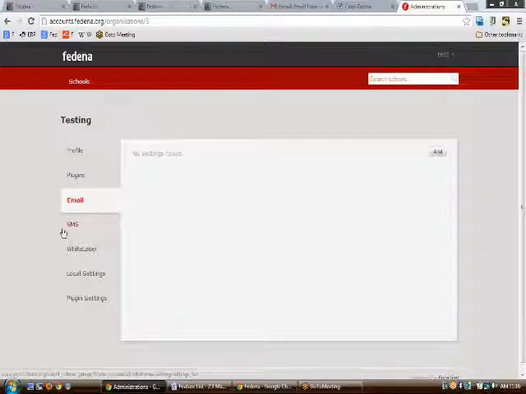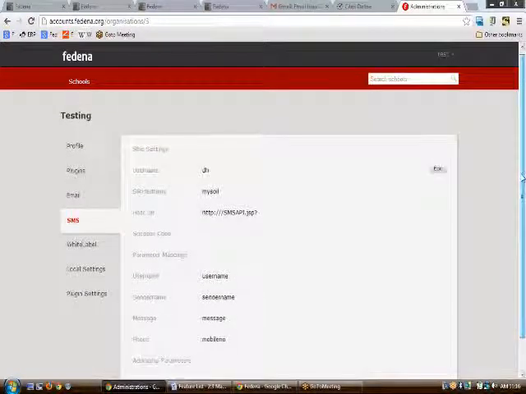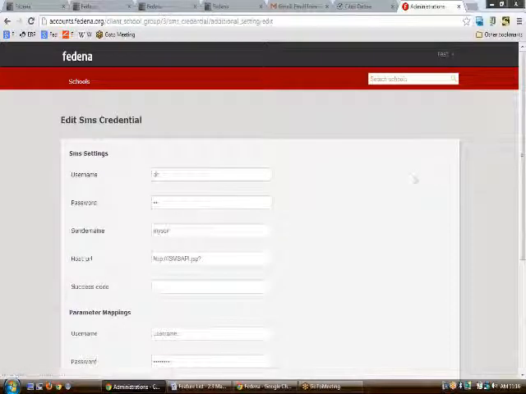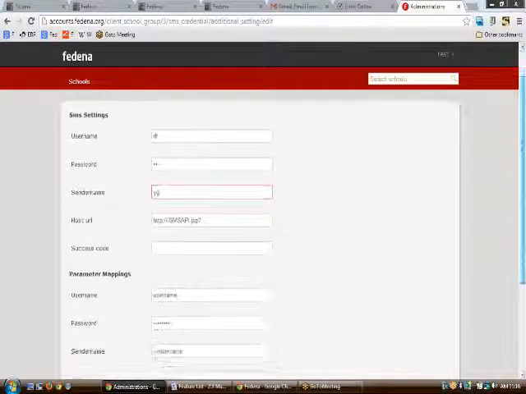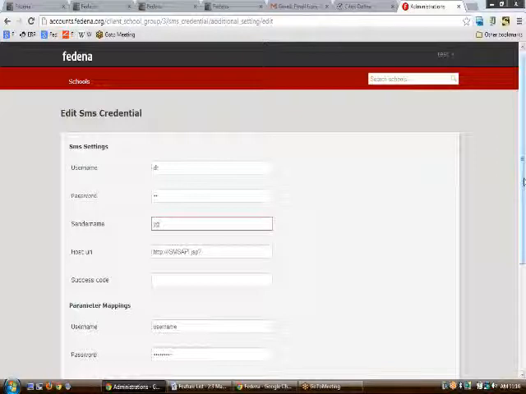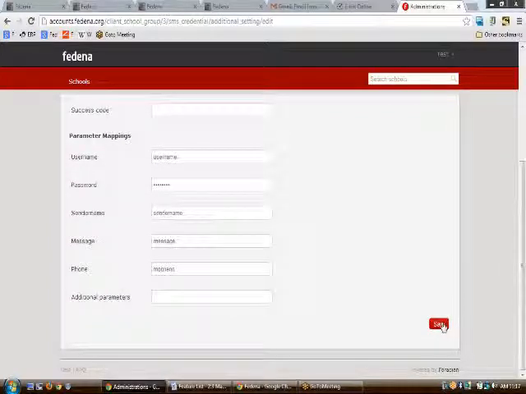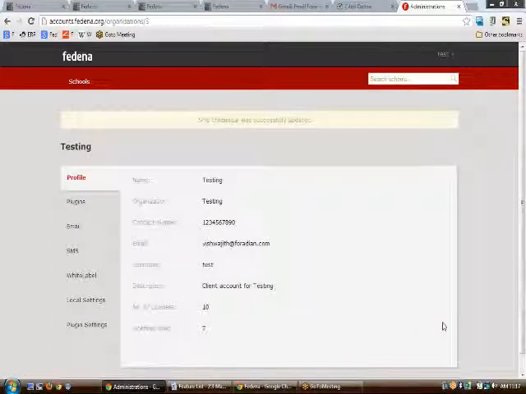Once the email settings are done, we'll be moving on to the SMS settings. SMS settings also use the same concept of using a third-party vendor. So let us say that I have a sender called here YG, and the username and the password. These are the settings that are again provided by a third-party vendor, as we say, an SMS API provider. He would be providing you the settings, and once the settings are done, you can just hit the save button. So again, the company's SMS settings are saved.